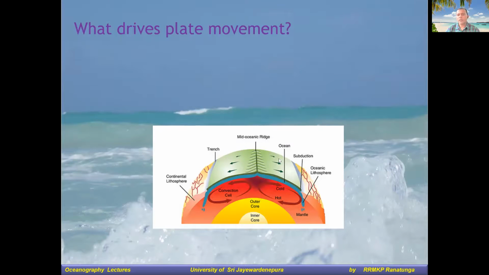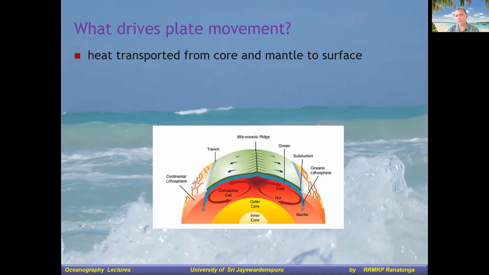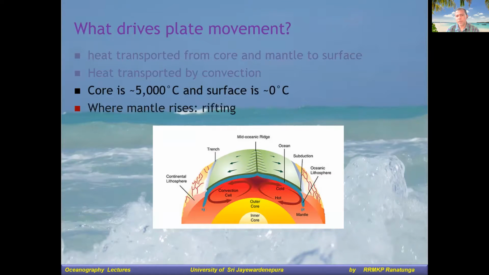And now the question we will have is how these plates move, right? Since a huge plate, several kilometers deep, hundreds to 1,000 kilometers sometimes, mostly hundreds, how does this huge slab of plate move, right? So there are a lot of theories to explain this concept, but